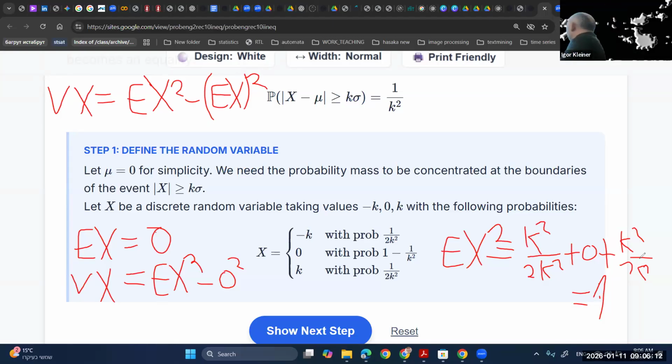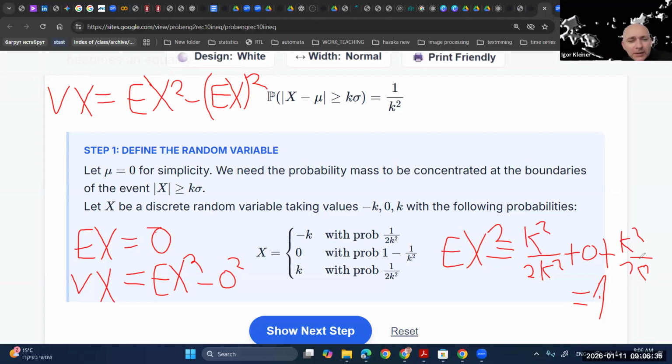The simple thing is to choose a random variable with expectation 0. And the second idea is that we want to put the same mass on both sides, with variance equal to 1, for example. I also could choose 5, it doesn't matter, but 1 is the simplest thing for our calculation. So the variance of x equals 1.